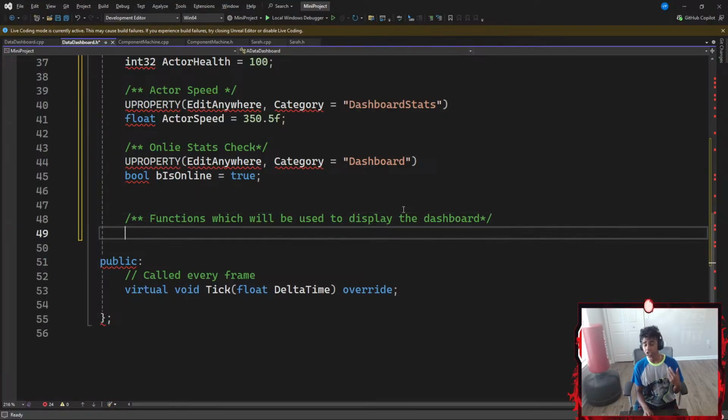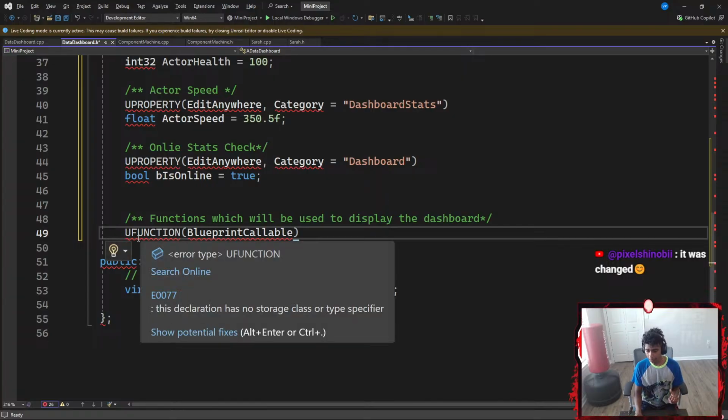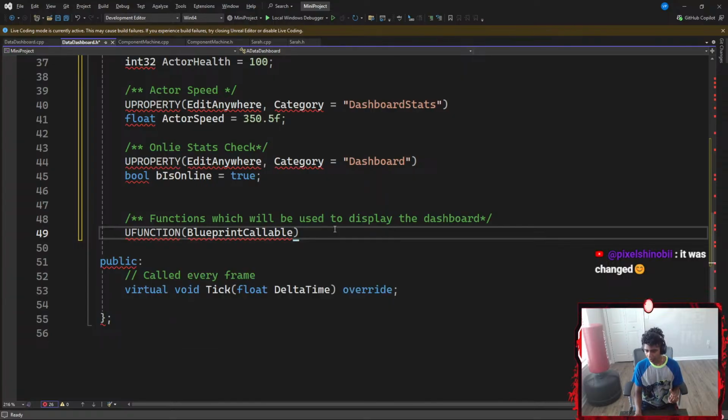Okay, perfect. Now to display my dashboard, I'm going to firstly add a UFUNCTION. Let's say I want my UFUNCTION to be BlueprintCallable.